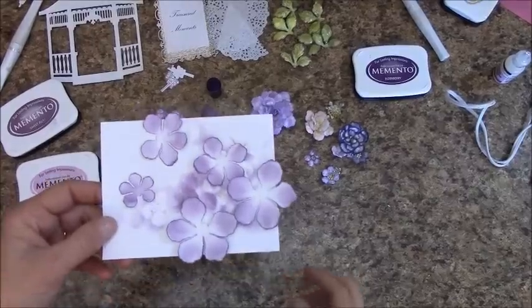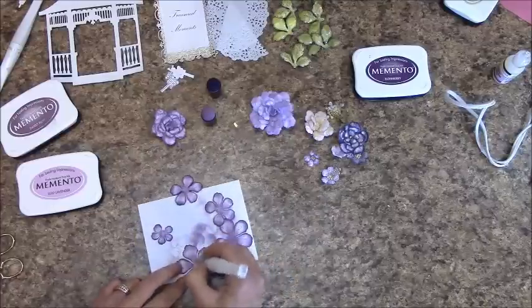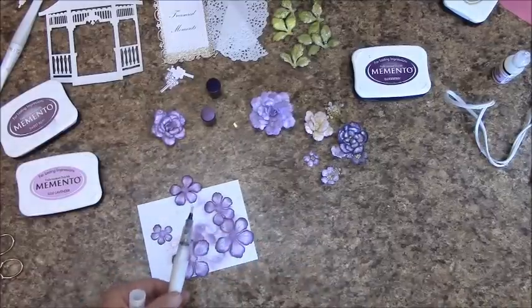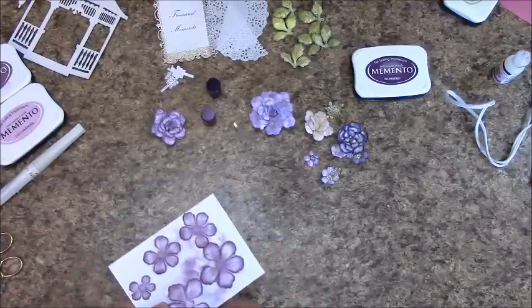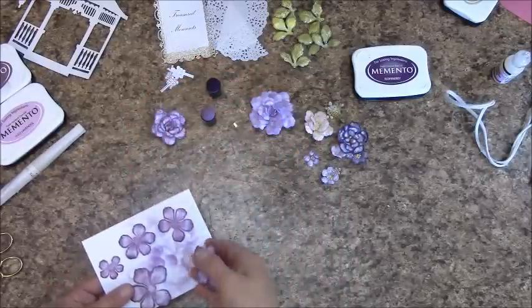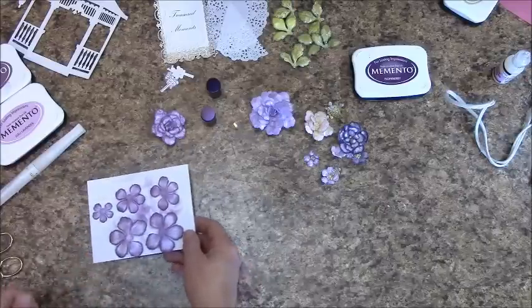This is what you should have. Let's get our Wink of Stella out, and we are going to apply it all over each of the flowers. We'll add the glossy accents last after the flower is assembled. I don't know if you can see the shimmer on mine or not. Maybe, maybe not, but it's there. So let's let the Wink of Stella dry for about 5 minutes, and then let's get our